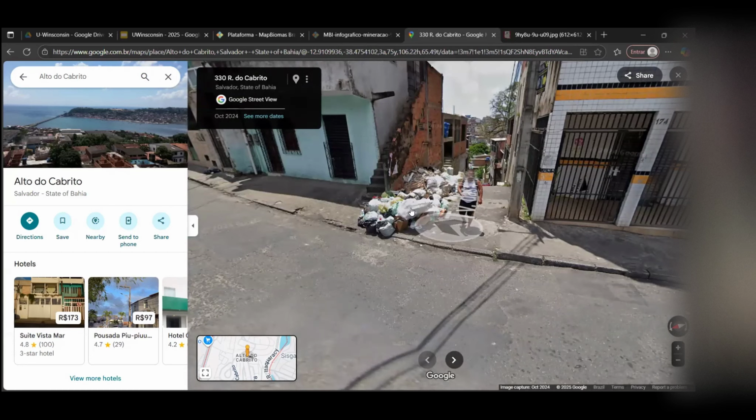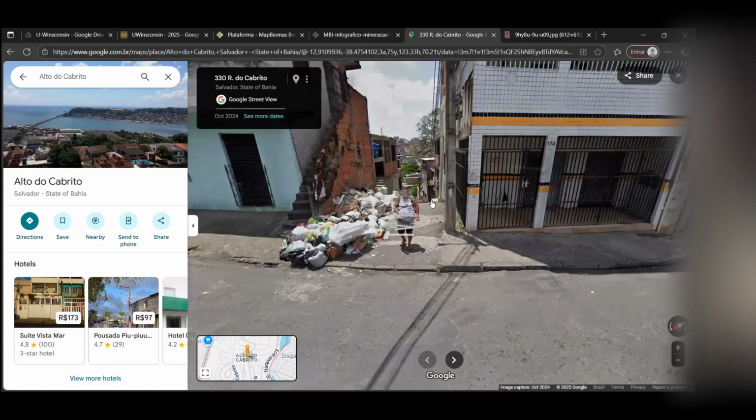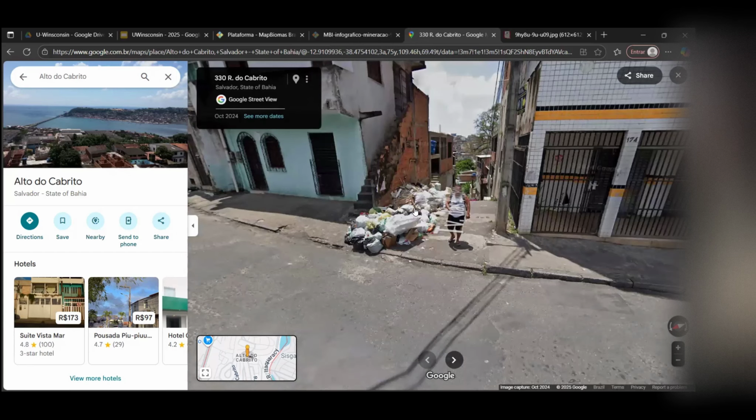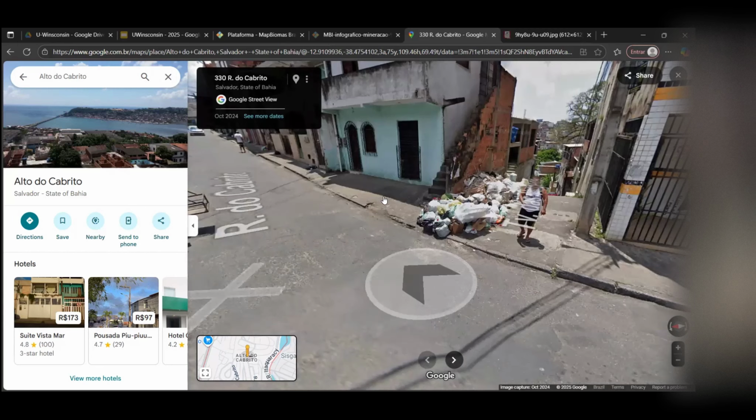As you can see here, there's no car that can go. There's no garbage truck that can go to pick up the trash. So actually you're going to find this pile of trash everywhere, not because they don't know what to do with it. It's because this is a system designed inside the slum. They grab the trash and put it in some place where they know the garbage truck can pick it up.